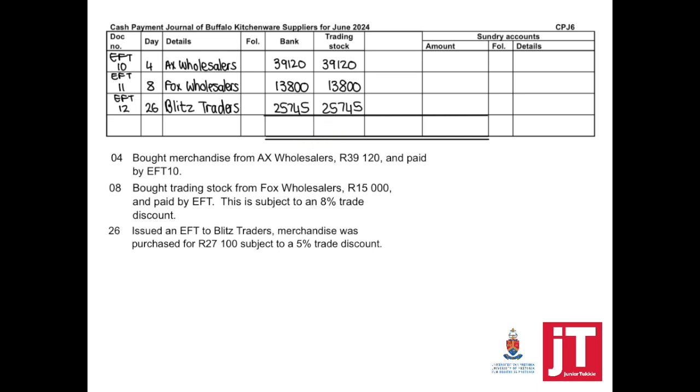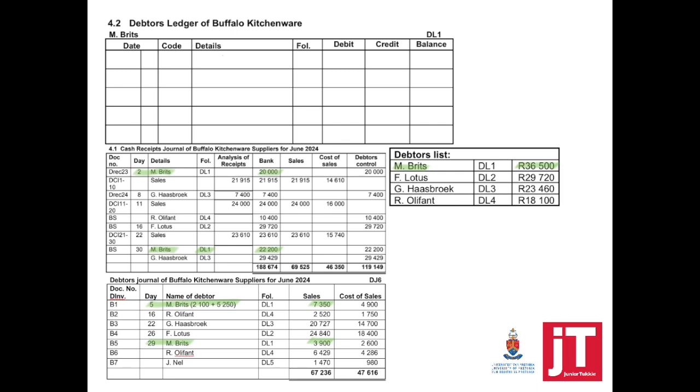Once we are done with all the transactions that go into the CPJ, we are going to total. And there were only 2 money columns involved here, and that is bank and trading stock. Completing the debtors ledger now. We've done all the journals now, so we're approaching it a little bit differently. So again, a reminder: when we're completing the transaction, you have to take the transaction immediately to the individual's account. But we first start with the balance brought down, or you can write account rendered on the 1st of June 2024,